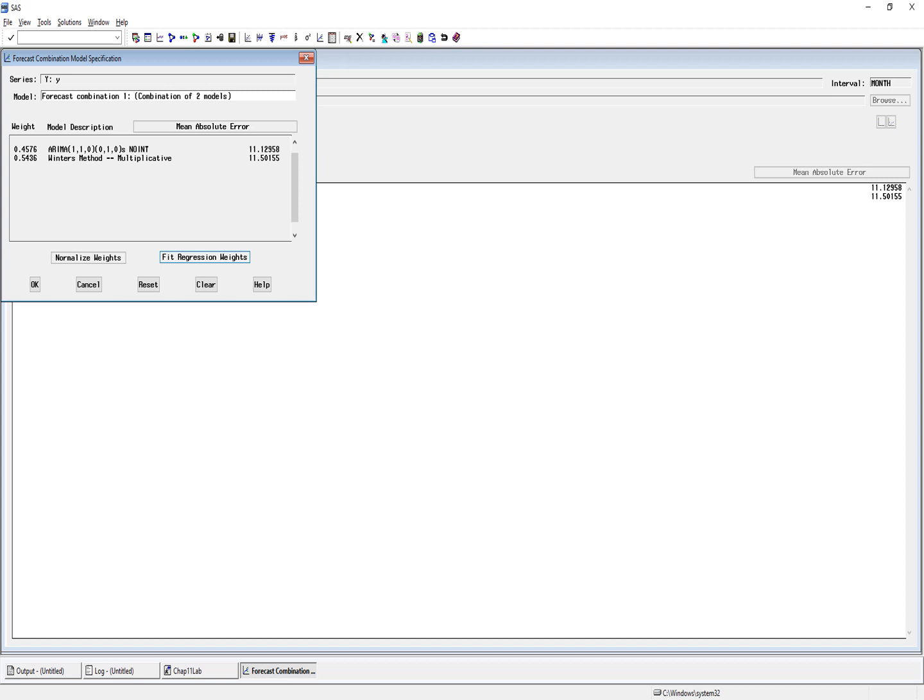What the weights seem to be showing us is that actually the exponential smoothing model has a slightly better root mean squared error or BIC. Not quite sure which one it's using. I had trouble finding that in the time series forecasting help files. So it's giving a little bit more weight to the exponential smoothing prediction, but still pretty close to half and half. And I click OK, and